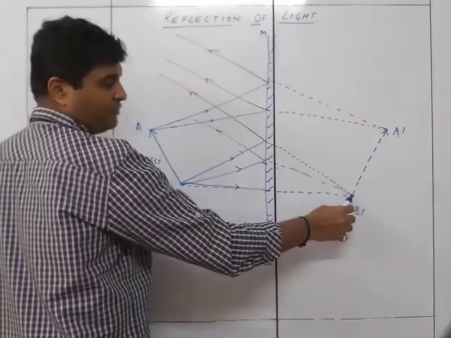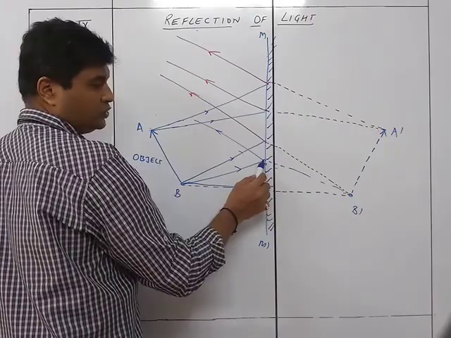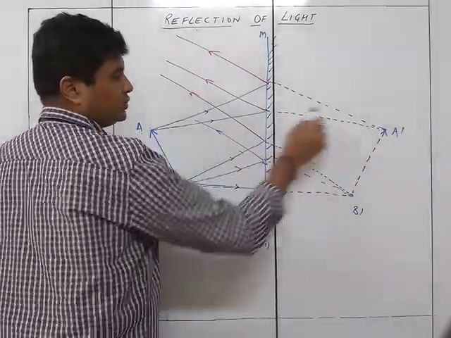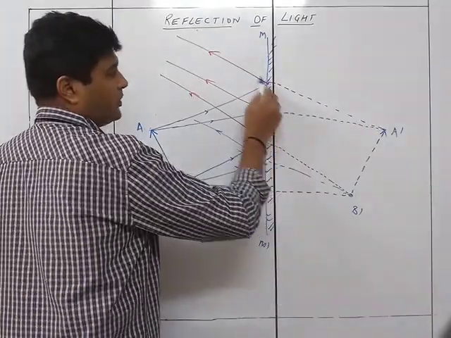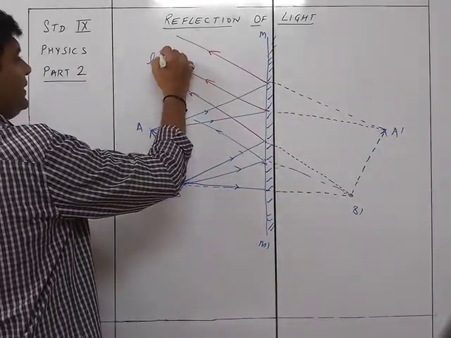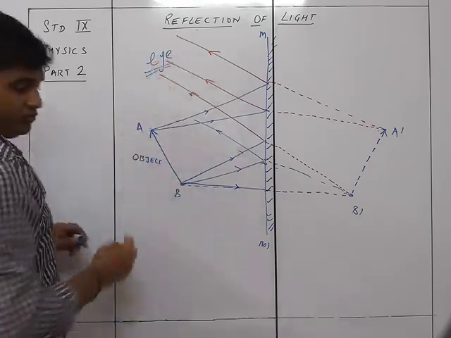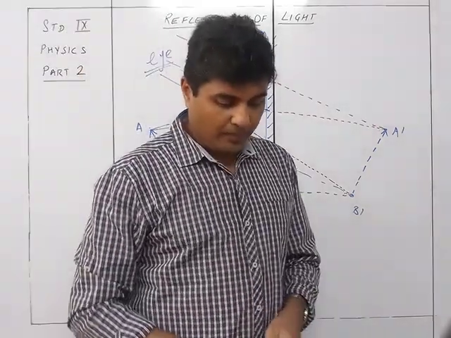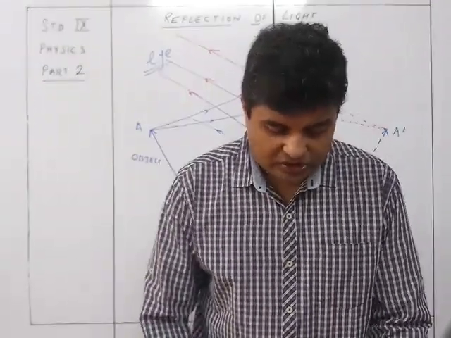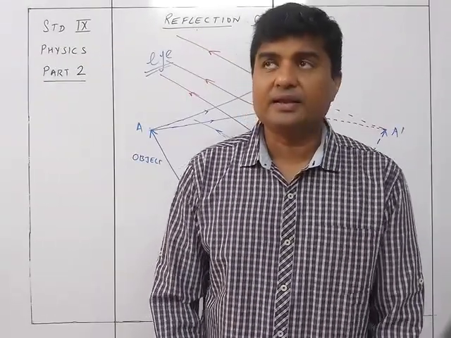Draw this dotted line, and from here you connect this to this point and extend further. This to this point, extend further. This to this point, extend further. This to this point, extend further. So accordingly, this is the place where you are going to place your eye. So the eye will be placed at this particular point. So now we go for lateral inversion. So we'll take it in the next video.